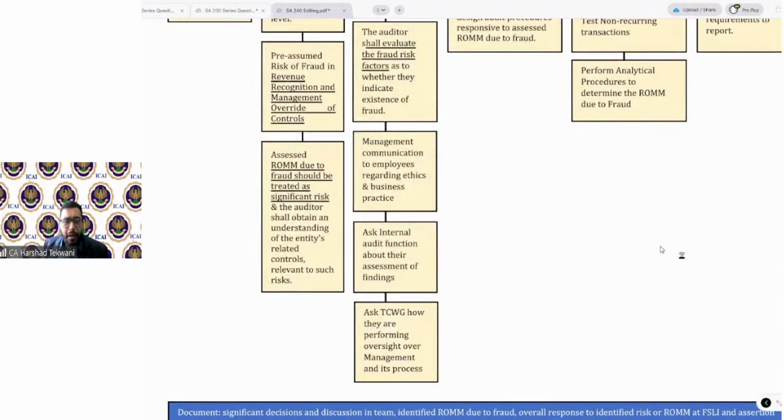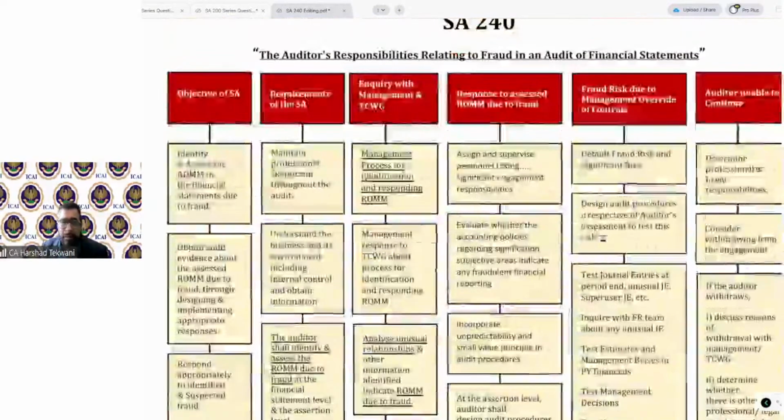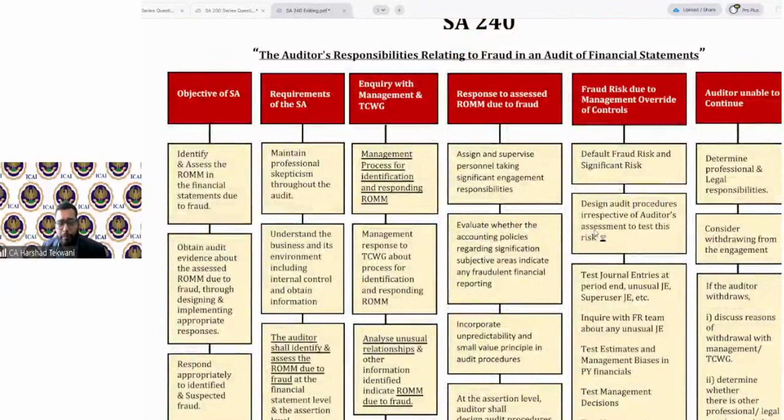Then management communication to their employees. You need to understand what the management communication to their employees is regarding ethics. Ask the internal audit function about their assessment of findings. Ask those charged with governance how they are performing oversight. Then respond to the assessed risk of material misstatement due to fraud. Once you have identified, so these two areas